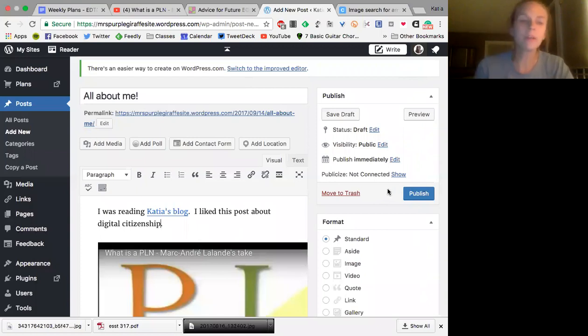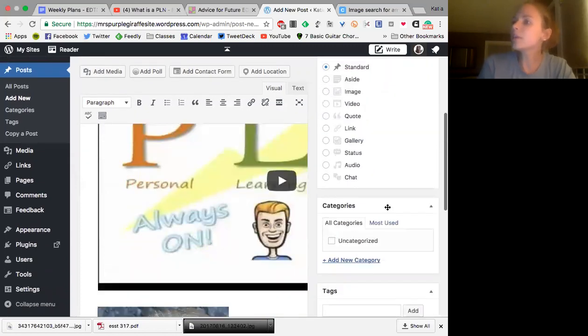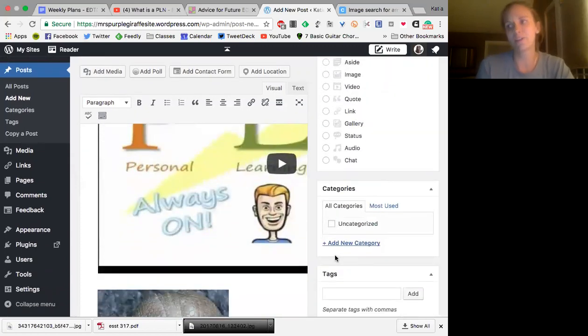And one thing, when you make a new WordPress site, if you don't have a publish button, it means that you haven't verified your email. So there will be something there that says verify your email, and it probably will be a bar across the top. Until you do that, you will not be able to publish anything. So if you don't have this button and you're like, where did the publish button go? That's why.